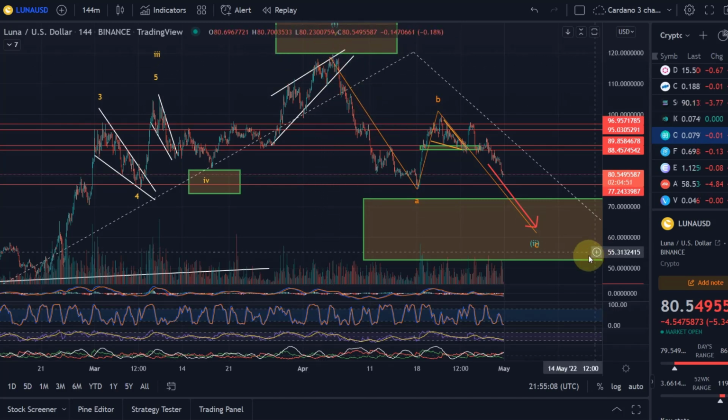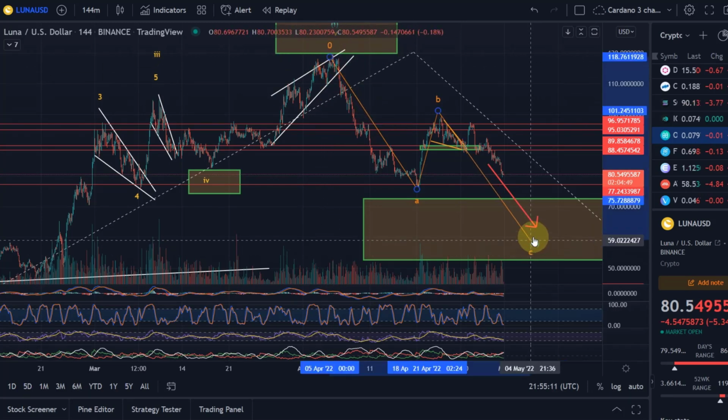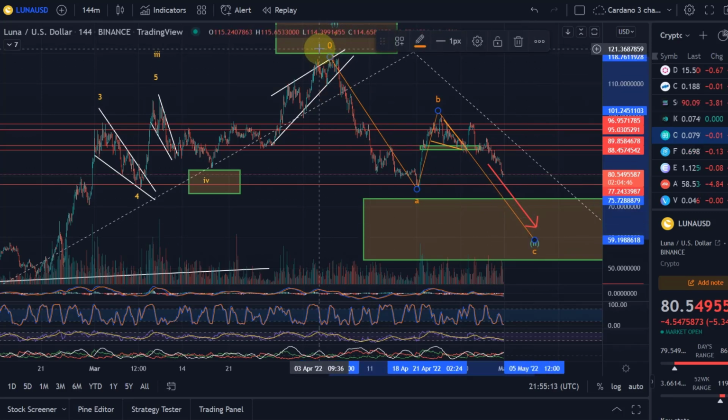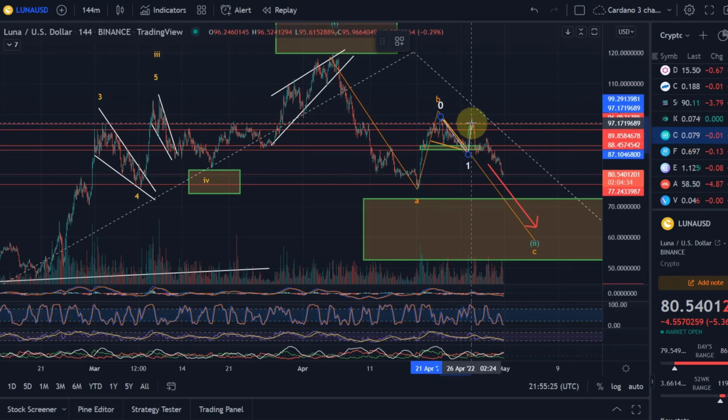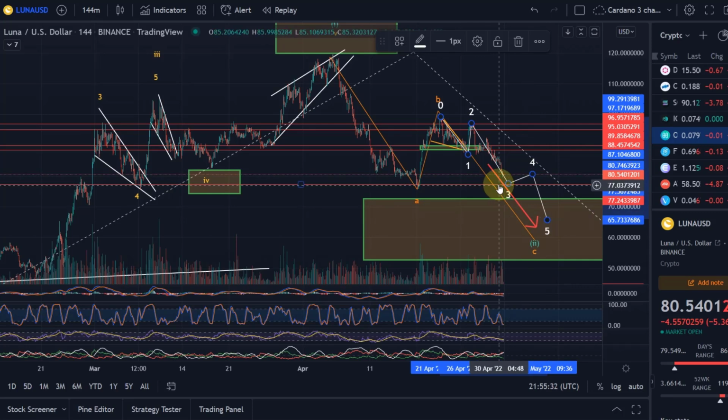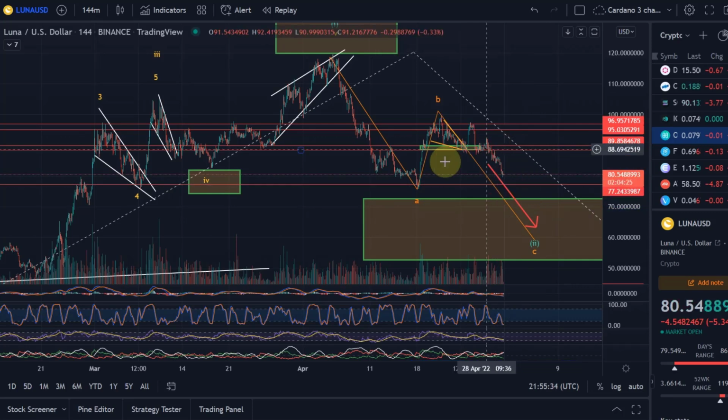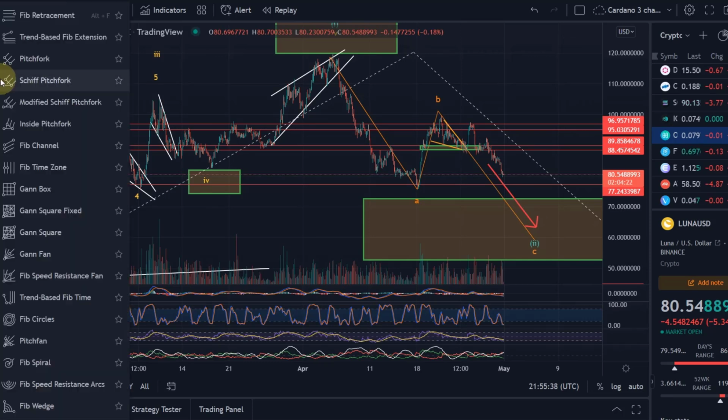And this correction, a second wave, a wave 2. In such a correction, in such a wave 2, you have 3 waves, A, B, C. That C wave itself is split into 5 waves. This sometimes causes some confusion, but it's looking like this was wave 1, this wave 2. The wave 3 will then be now, and then we have a wave 4 and 5. For that third wave in which we now might be, the target is, as I said, at least